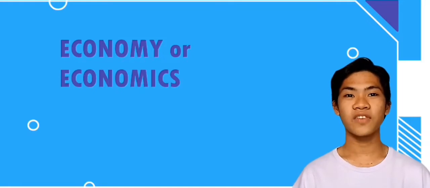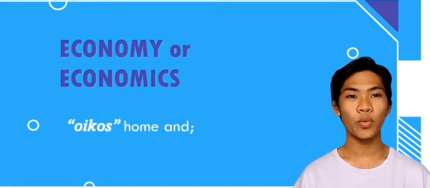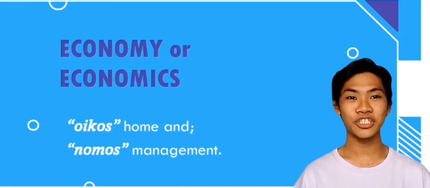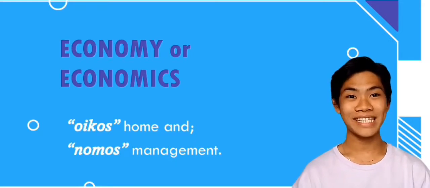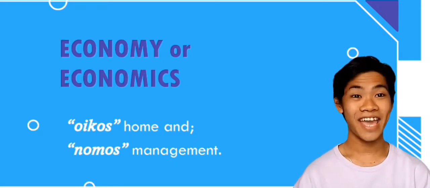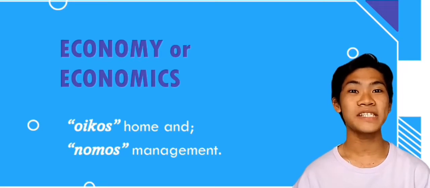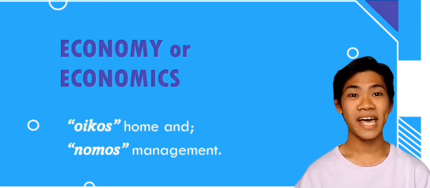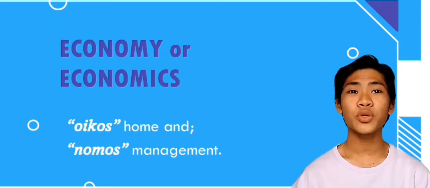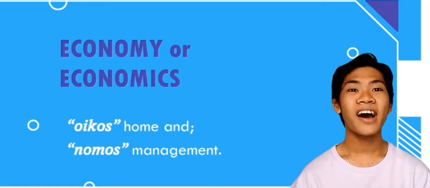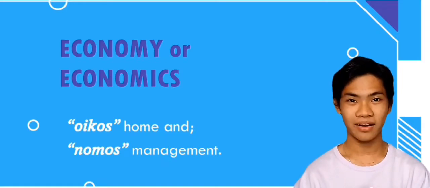The word economics comes from the Greek word oikos, which means home, and nomos, which means management. According to Mankiw, households and economies have much in common. Like a household, a society faces many decisions. A society must decide what jobs will be done and who will do them. It needs some people to grow food, other people to make clothing, and still others to design computer software.